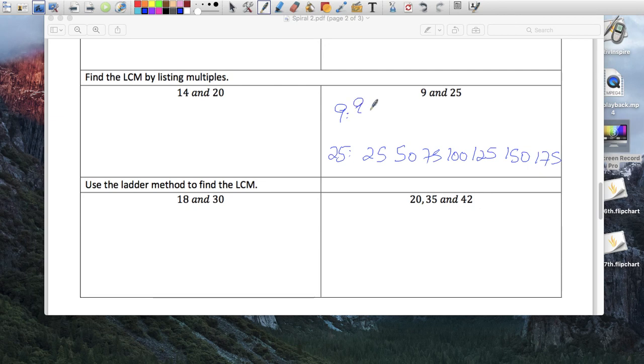No, so now 9, 18, 27, 36, 45, 54, 63, 72, 81, 90, 99, 108, plus 9, 117, plus 9, 126, plus 9, 135, plus 9, 144, right? Plus 9, 153, plus 9, 162, plus 9,